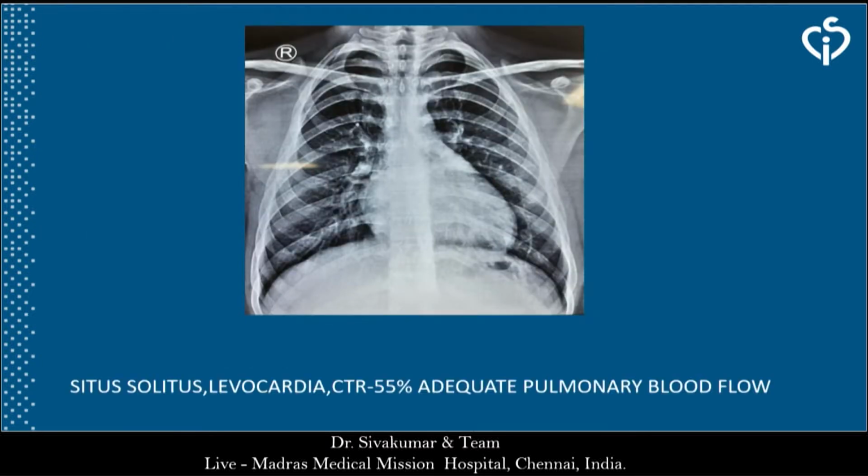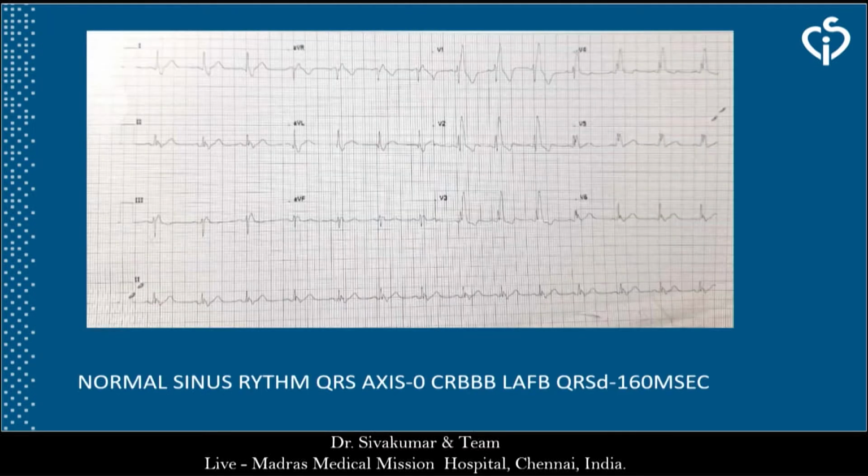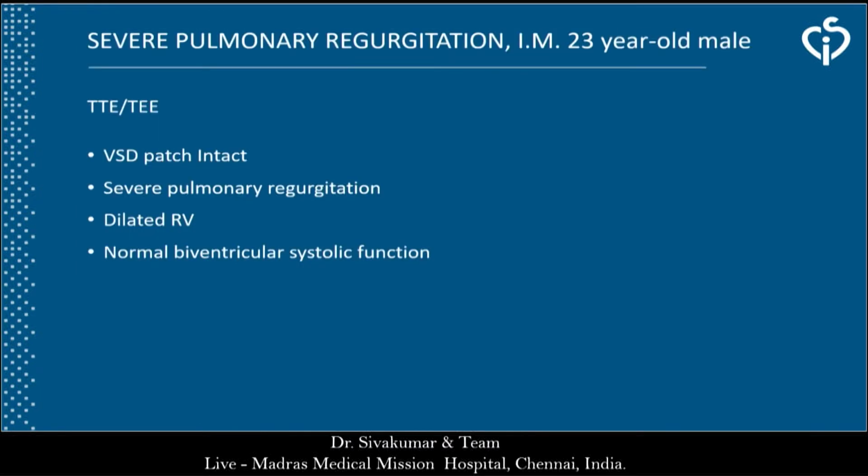The chest X-ray shows situs solitus levocardia with CTR of 55% and adequate pulmonary blood flow. The ECG is normal sinus rhythm with QRS axis of 0, complete right bundle branch block, left anterior fascicular block, and a QRS duration of 160 milliseconds. The transthoracic and transesophageal echo showed a VSD patch intact with severe pulmonary regurgitation, dilated RV, and normal biventricular systolic